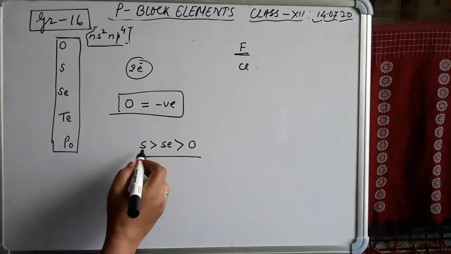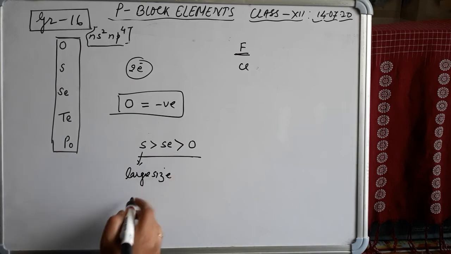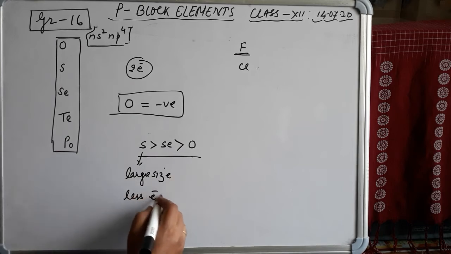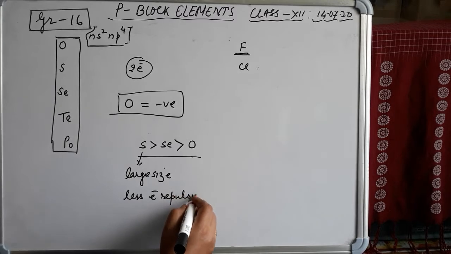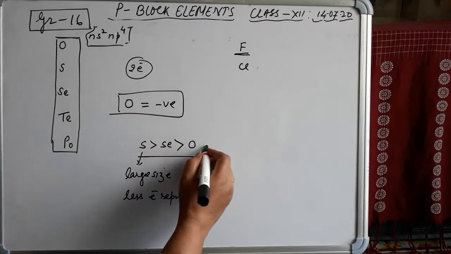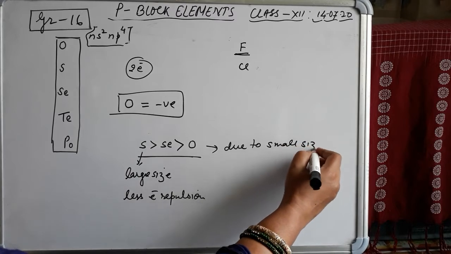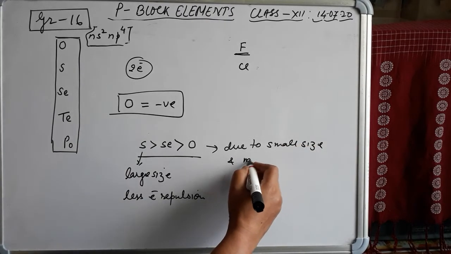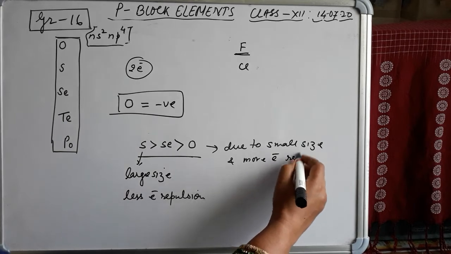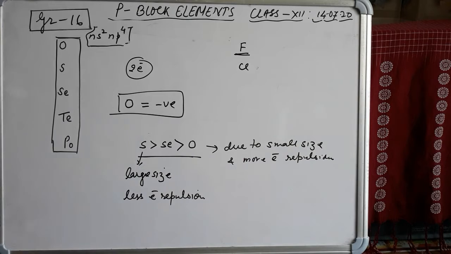Why? Because of large size and less electronic repulsion, sulfur has a more negative value than oxygen. Oxygen, due to small size and more electronic repulsion, has a less negative value. So when we talk about electron gain enthalpy, we will discuss it now. Our topic is